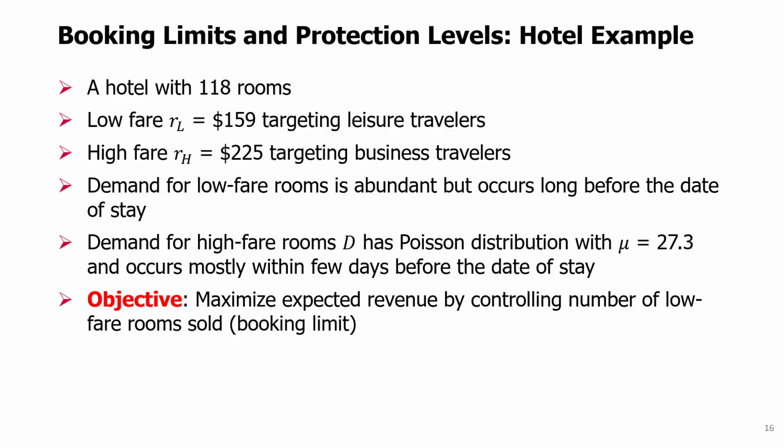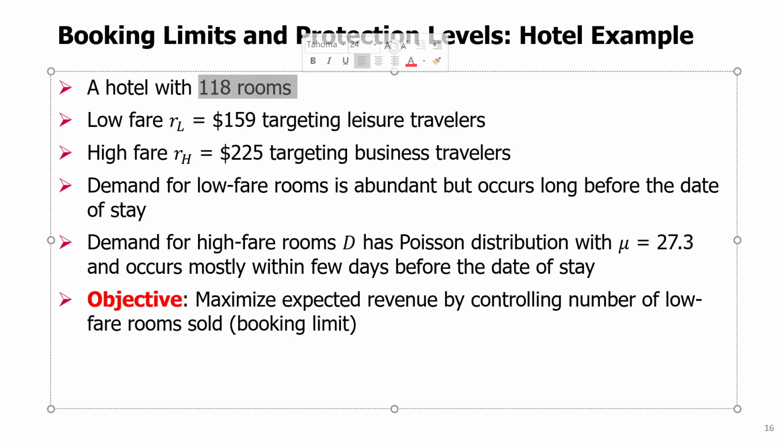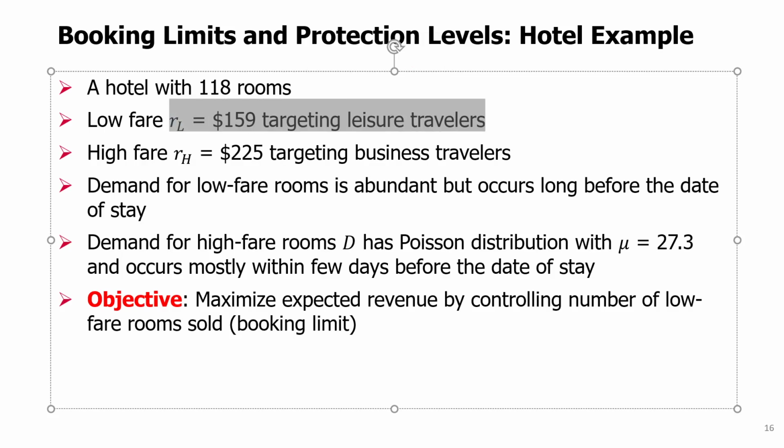The example will be a hotel which has 118 rooms, and the hotel already decided the pricing, so it's not exactly as flexible as we had in our general example of maximizing revenue, right? We're not going to vary the prices and then decide the different quantities to sell depending on the prices. Here, the problem is we fix the prices, right? And then we try to maximize revenue by varying quantities we sell at a higher price or